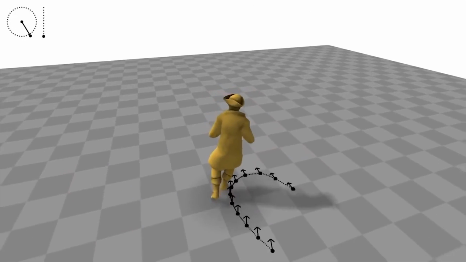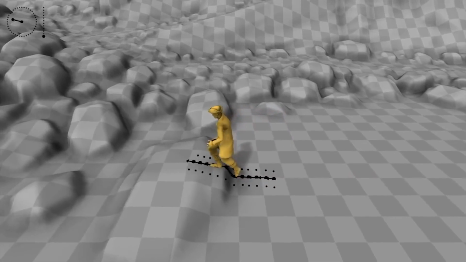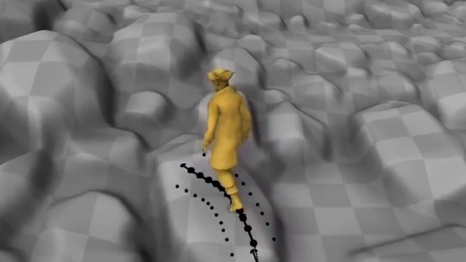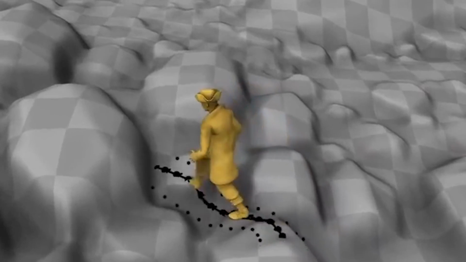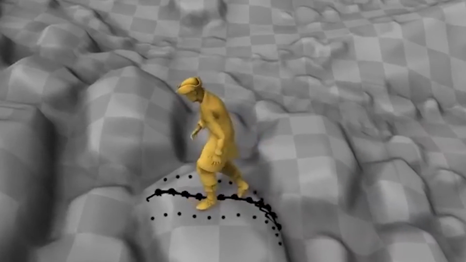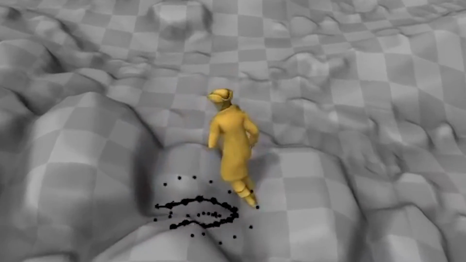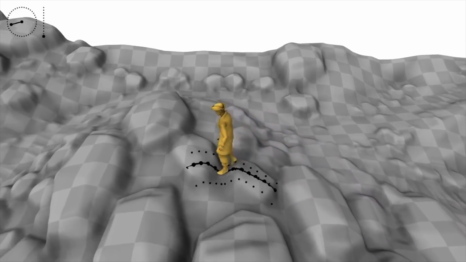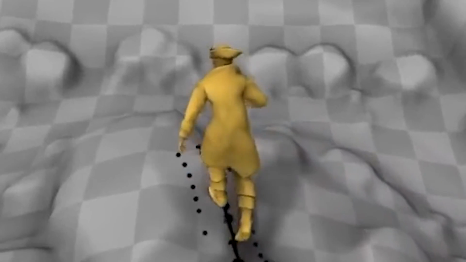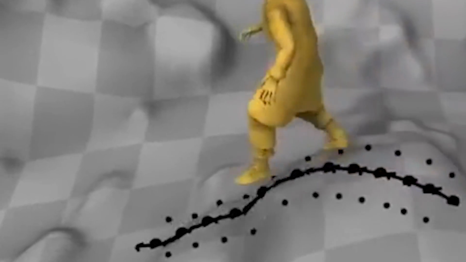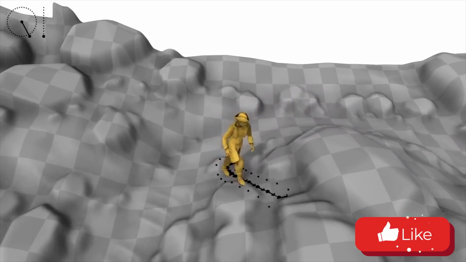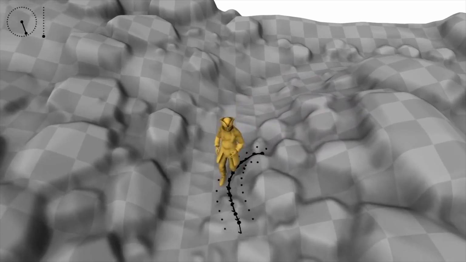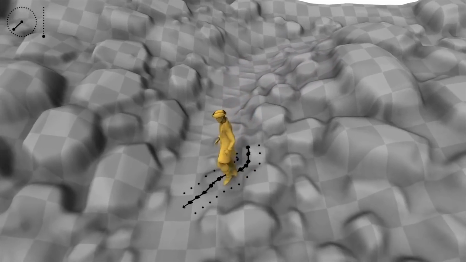By giving as input the height of the terrain under the trajectory, our character can adapt to rough terrain, climbing, balancing, and jumping where required. This process works even when the character is jogging.